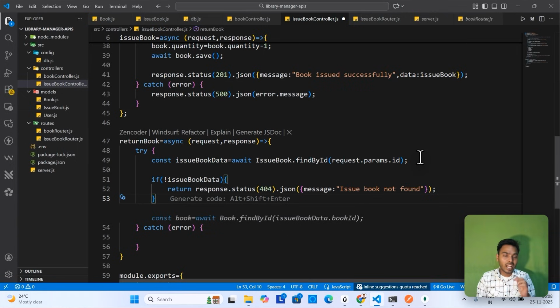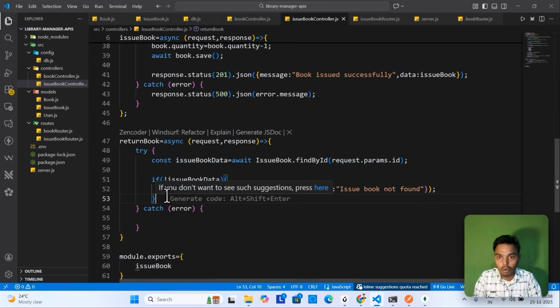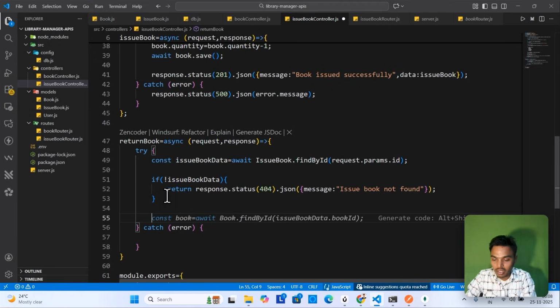Suppose I have already returned this book, and I am hitting this API again for the same issue book ID. At that time I have to check what the status is. If the status is returned, then I have to say that the book is already returned. So here we have to check: